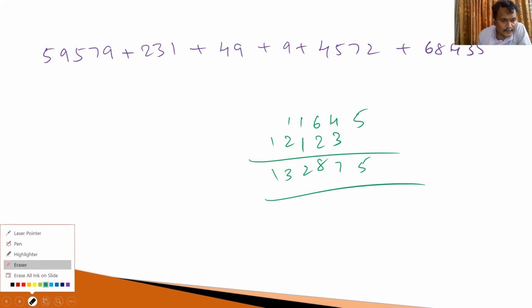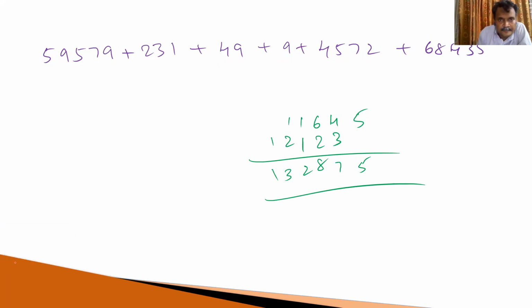Okay. Now, what is the digit sum? Cancel 9 and 9. 5 plus 5, 10. There goes 1. 1 plus 7. This is equal to 8. The digit sum of this 5-digit number is equal to 8. Next, 2 plus 3, 5 plus 1. So this is equal to 6. And this is 4. And this is 0. And this is 0. And this one, 6 and 3. This is equal to 8.